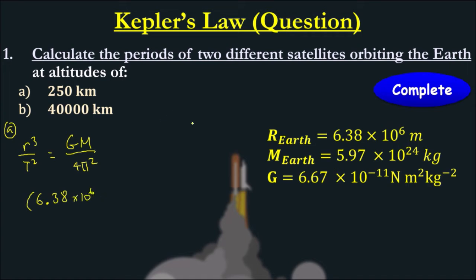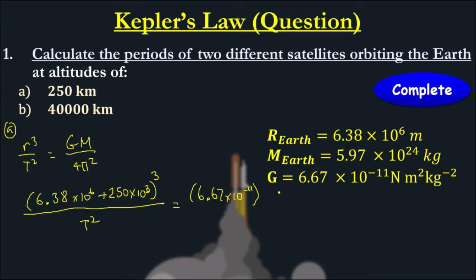That's the radius from the center of the Earth to the surface, plus the altitude of 250 times 10 to the power of 3. Again, we're converting this into meters, cubed over our period, which is what we're trying to find. G is 6.67 times 10 to the power of minus 11, times the mass of our planet, divided by 4 pi